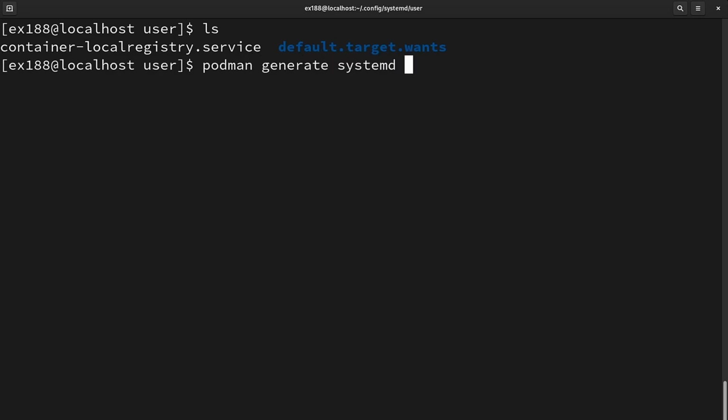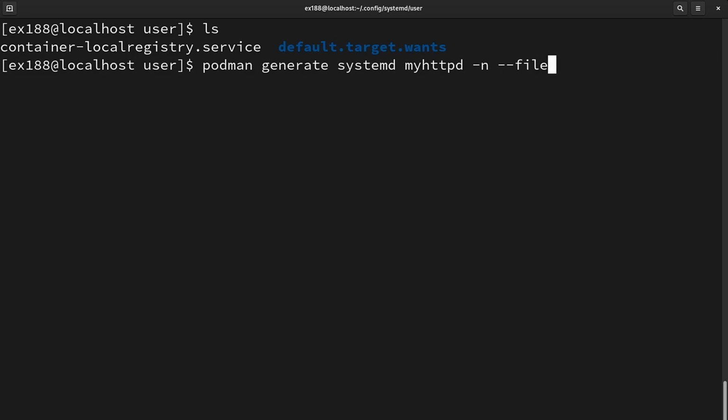What was our container name? my-httpd, with the -n option. Once our unit file gets created, it will follow the naming convention of my-httpd. But if you don't specify this -n parameter, then your unit file gets named after the container ID. So I would prefer the -n option here